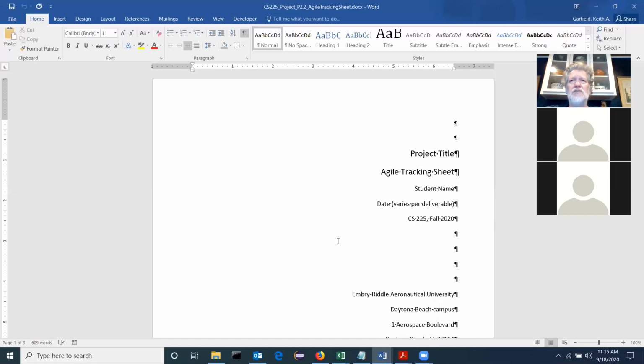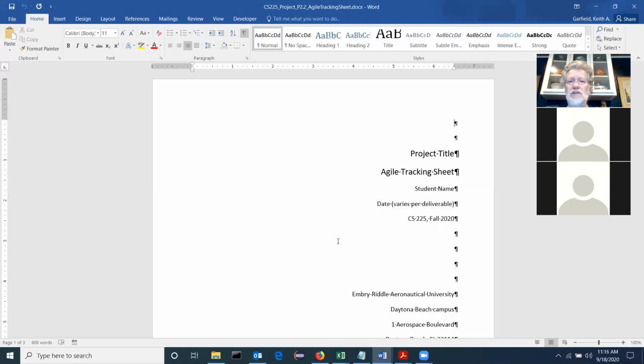And the way the Agile process works is you get some kind of a description from the customer of what they want. From there, you create what are called user stories, where each user story describes a piece of functionality of the system. And then each user story is used to set up how you're going to do the work. So you take each user story, you estimate how long you think it's going to take to do it,